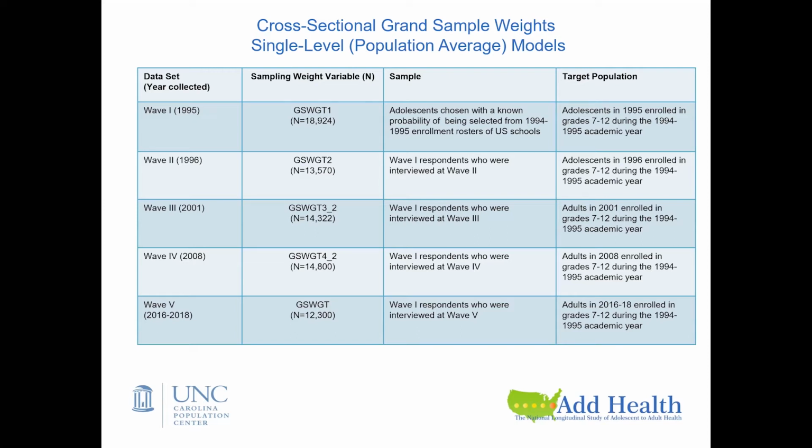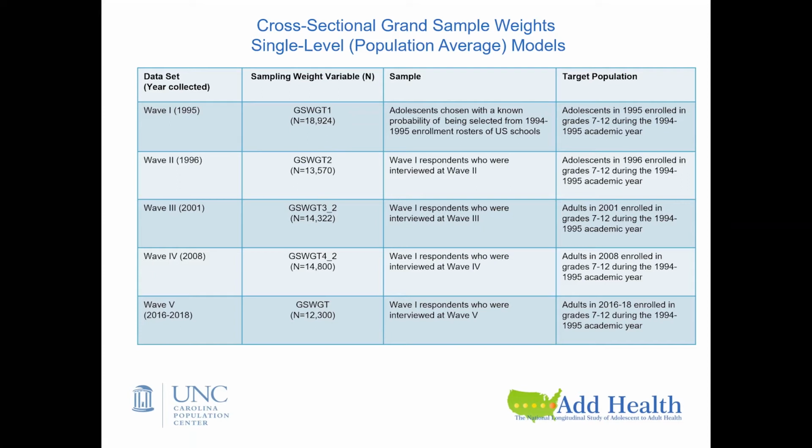All right, so let's look at these. These represent the cross-sectional grand sample weights. This is the name of the weight that's in the actual data set, and it gives you an idea of the N. And so the grand sample weight, the cross-sectional weight for wave 1, would be an analysis where you're interested